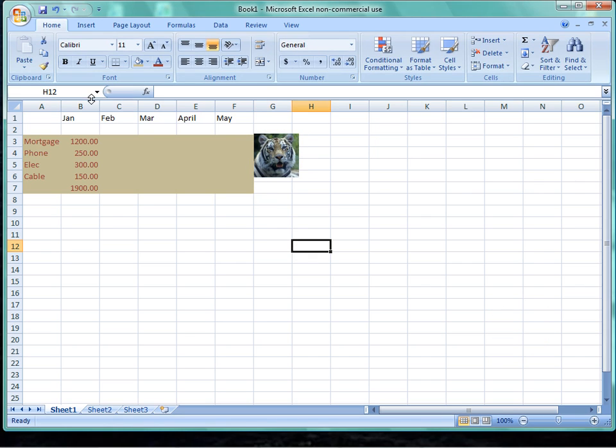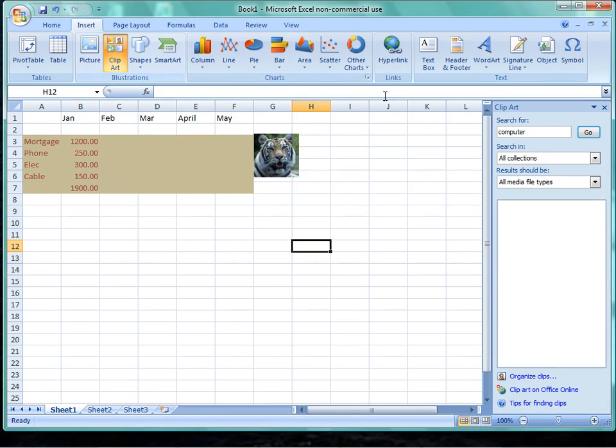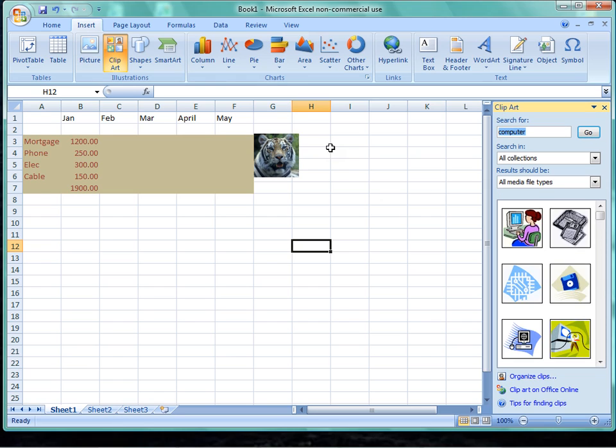You have pictures. Insert again. We have clip art, which are default programs that come with Microsoft. Click on that and come over here. You can put in whatever you want. Computers, anything. You're going on vacation, or you're going to the Grand Canyon. You want a picture of the Grand Canyon on your little form here. You can do that. Just type in